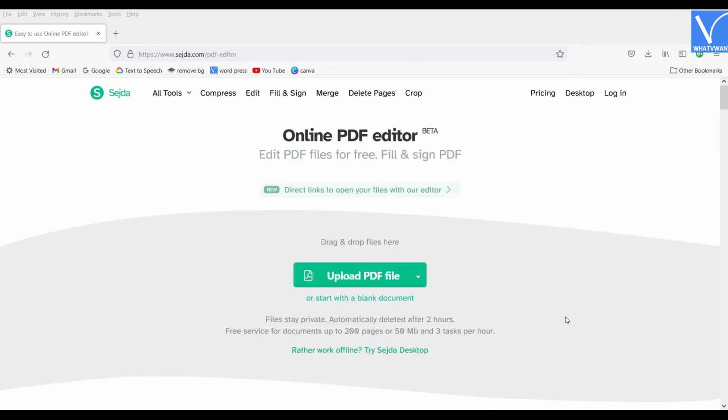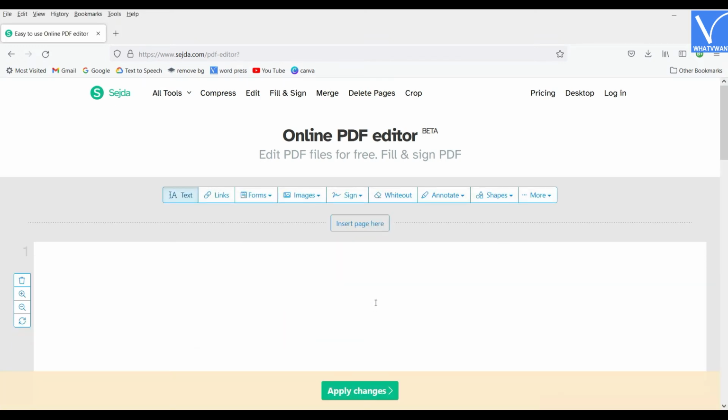Search for fillable PDF and the interface will be displayed. There, you will find two options like Upload PDF file and Blank Document. Here, I'm choosing the Start with a blank document option. Then you are redirected to the workspace of Sejda, and there you will find a blank space and elements like